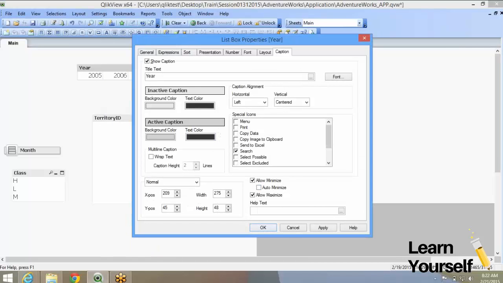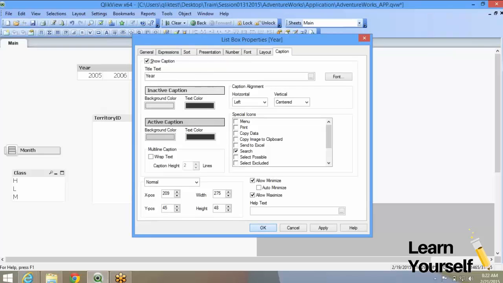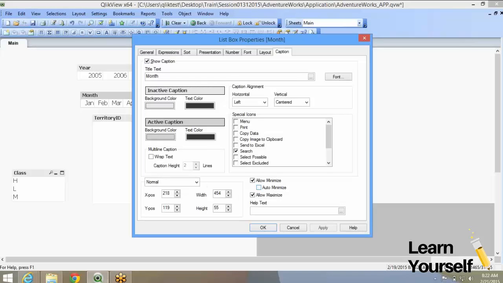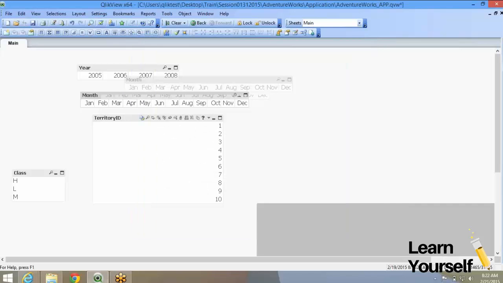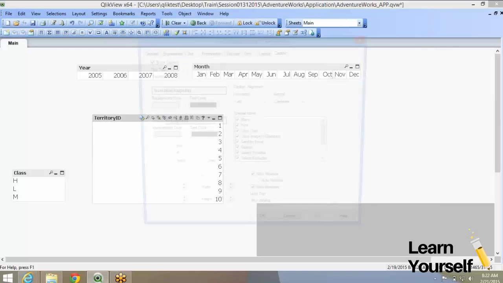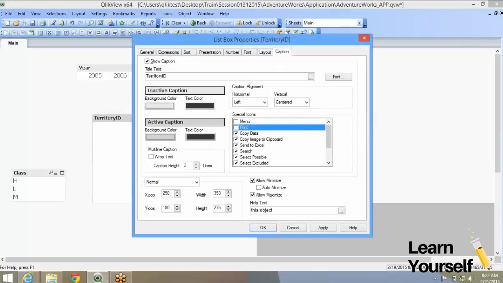Now the best practice for layout is, your information should start with the list boxes. List boxes are primary because you need to allow the user to select options, right? And you have to give them the right kind of options in these icons also. You don't have to give all the icons because